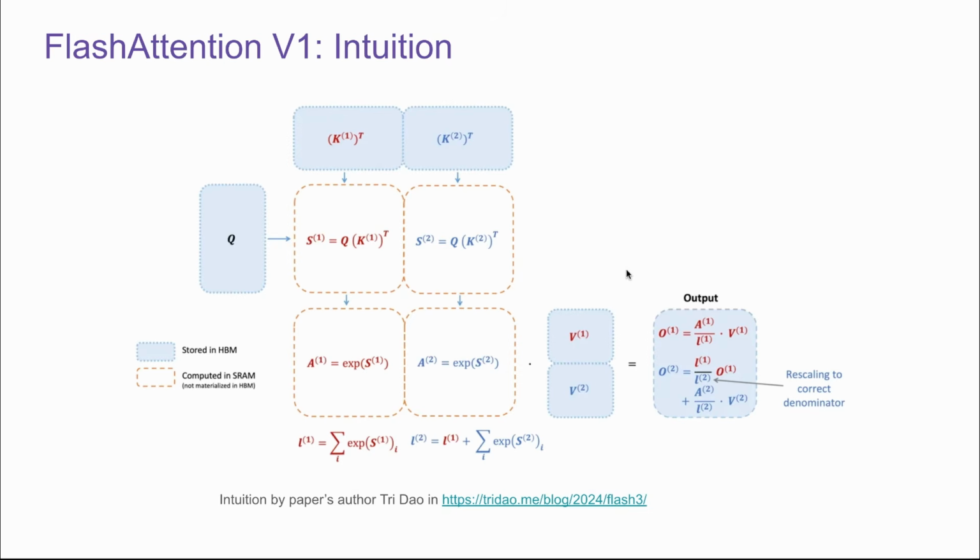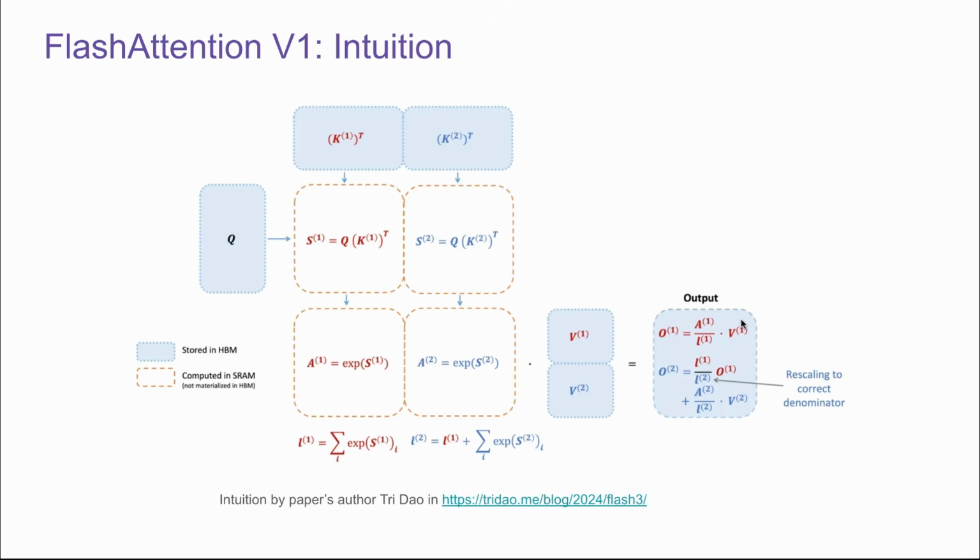This is a great intuition graph done by the original author in his blog, so I recommend you take a look. Let's assume the whole K matrix only has two vectors. So in the outer loop, we're looping through all the K, which is K1 and K2. And for each pass, we go through all the Q for each K. So when we process K1, we have S1 equals Q K1T. And we have the softmax function here, and we have the value here, and we get O1, the output 1,